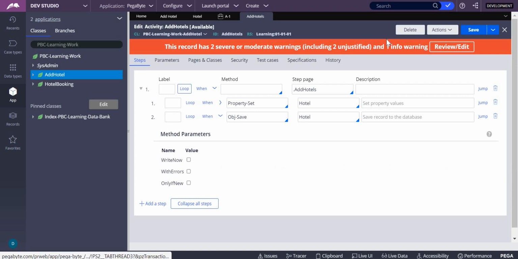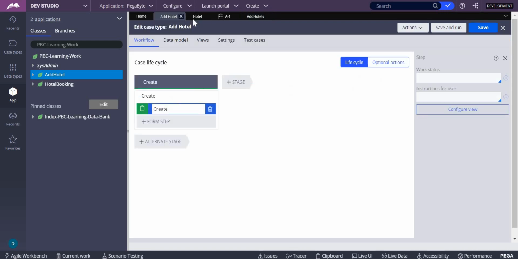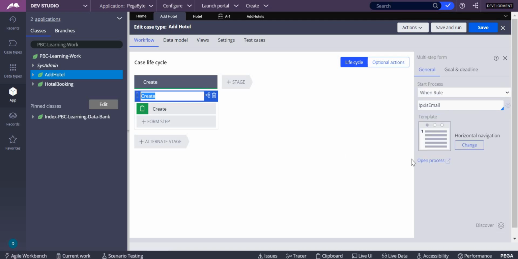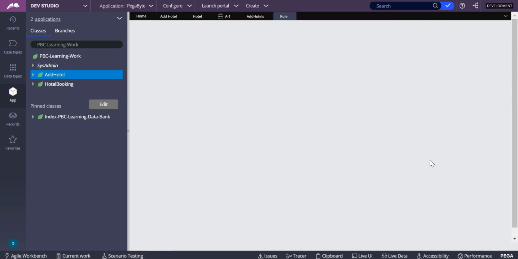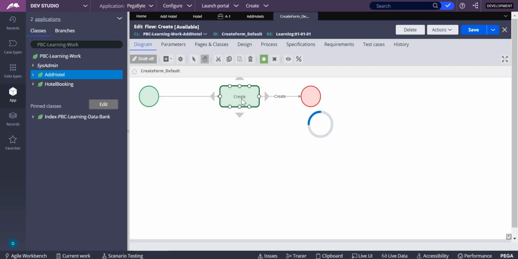So let it be like this, and then where do you configure this add hotels? So this add hotels has to be configured in your case type. Maybe you can take an extra additional process and add a utility, or you can open the flow action. In that flow action you will have the action tab.